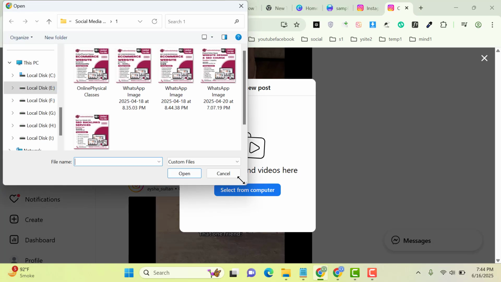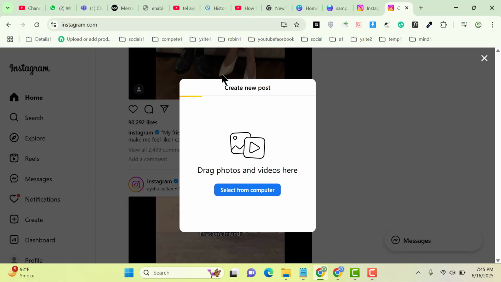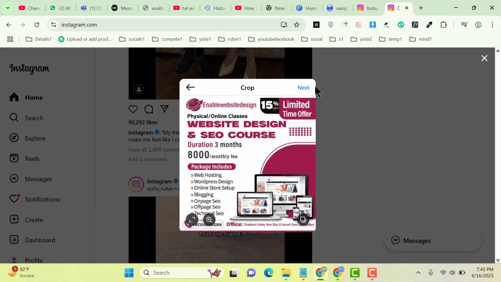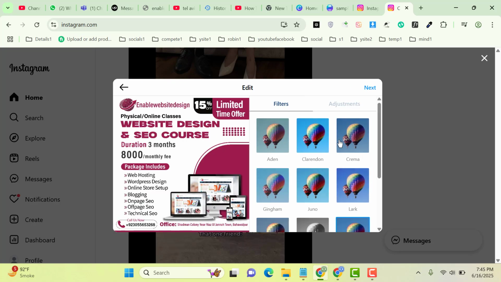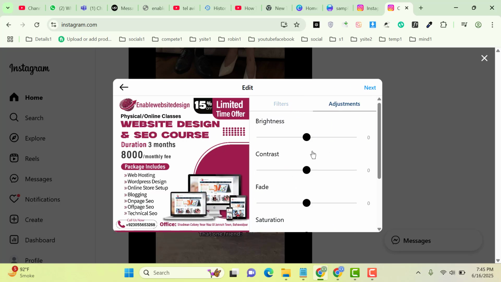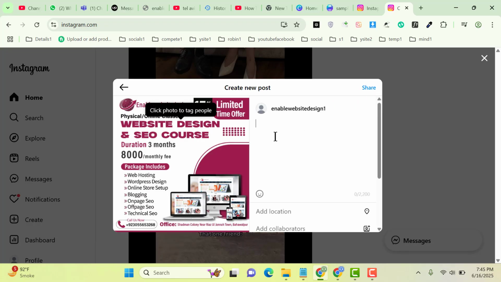So let me click on the button, and after that now let me select one of the image, for example this one, and now click on next button. Now you can apply some filters and adjustments. Then again click on next button, and here you can add some text and captions about the image, for example